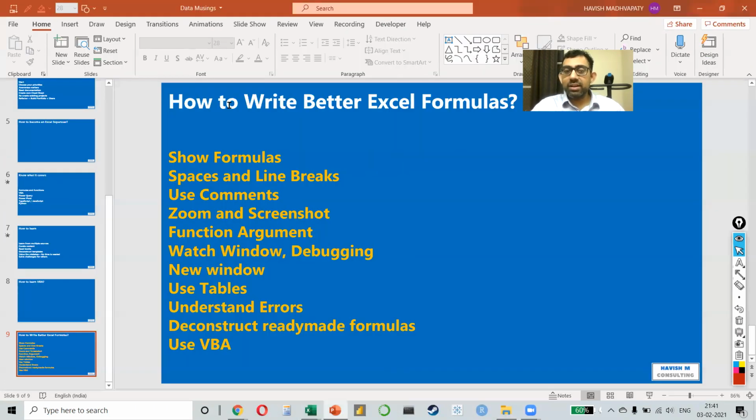Those were my about a dozen tips on writing Excel formulas. Put in a lot of effort, and remember, no time is wasted. If you spend 3 hours trying to write a formula and it doesn't work, that's still learning, because you're learning something from it. But when you learn a function, learn it fundamentally. Don't just copy and paste it, because then you will have to do that every single time. Spend an extra 5 minutes, understand how it is working, try out different combinations. Like I always say, try to break the formula. When you try to break the formula, you'll learn a lot.